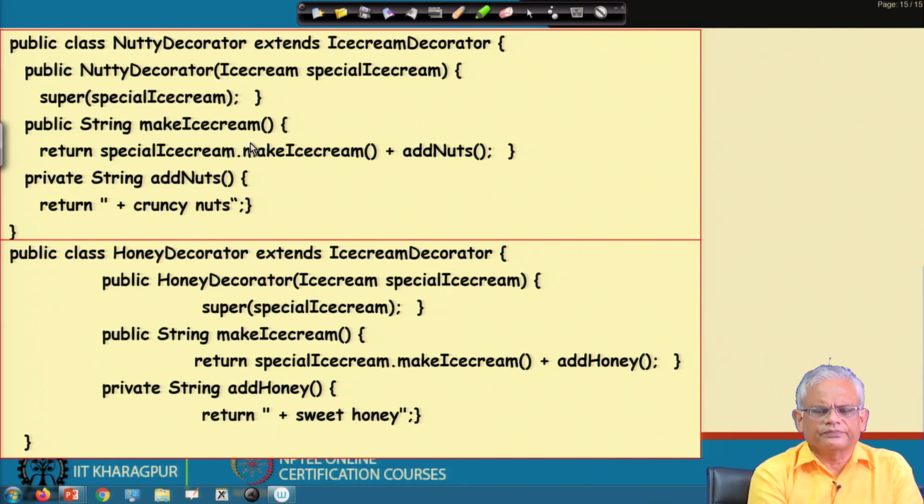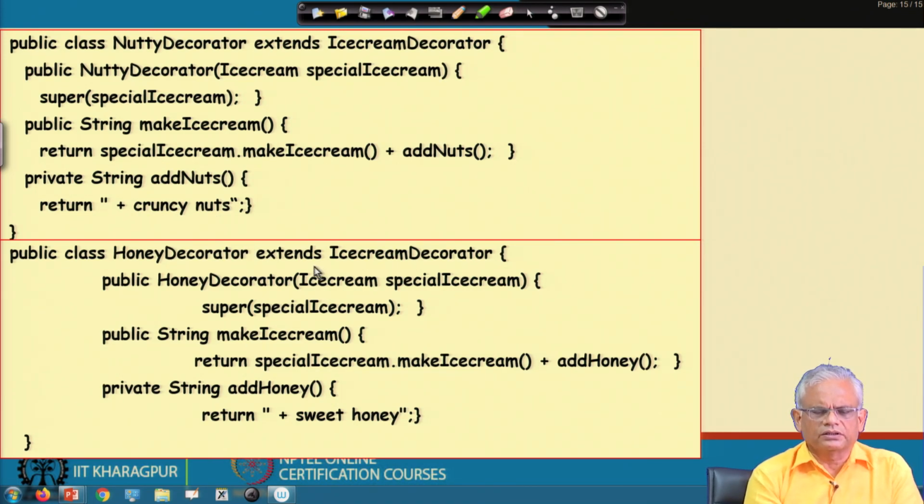And the make ice cream overrides the make ice cream of the ice cream decorator, and then it just adds knots, and in the add knots it just prints crunchy nuts, returns crunchy nuts.